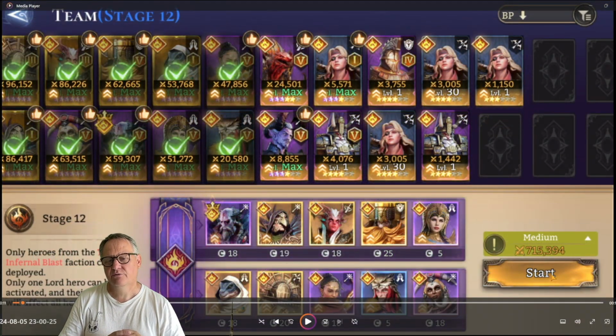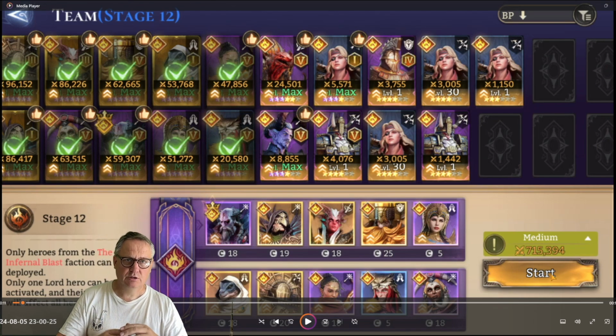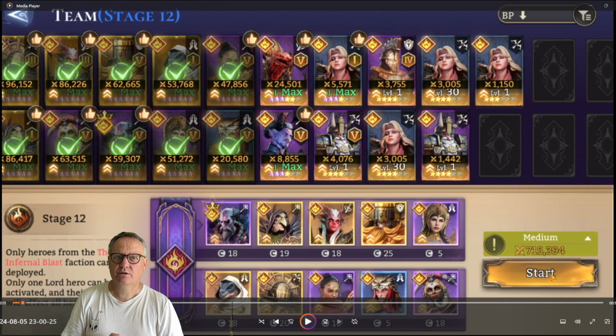Firstly, the team makeup for myself. Essentially, I have no idea how you would do this without Setram. I think you're going to really struggle there. And then it's some other DPS. I'm using Nox, I'm using Zilitude, but essentially any other DPS will do there. And a tank, and then